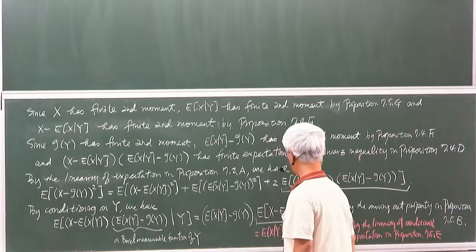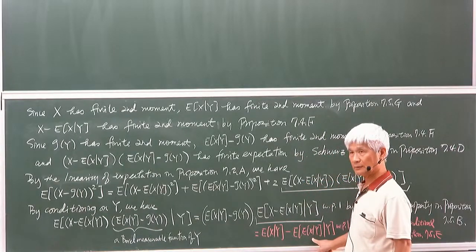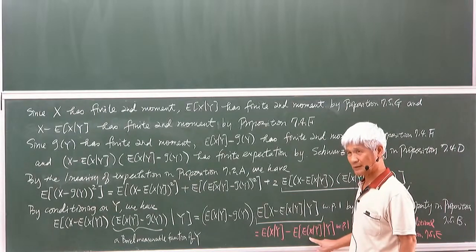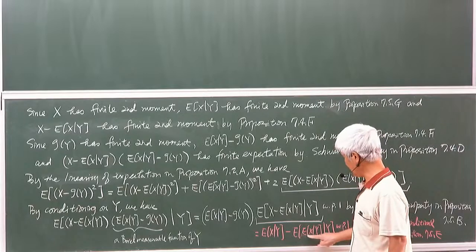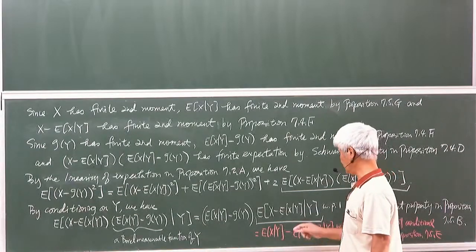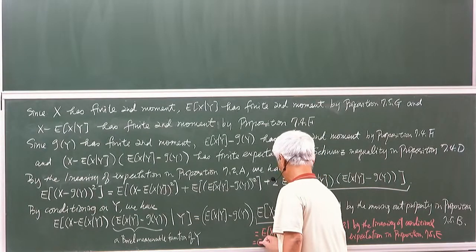Now here, again, we can use the moving out property because the conditional expectation of x given y is a function of y. Since it is a function of y, and your condition is on y, you can move it out. So this is equal to